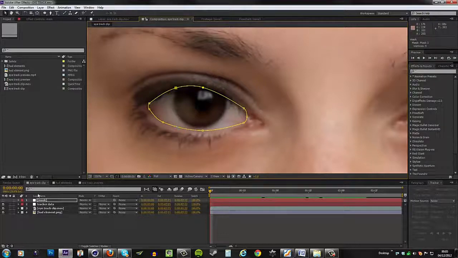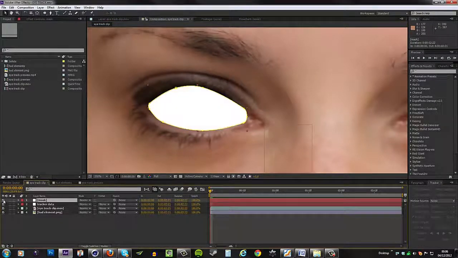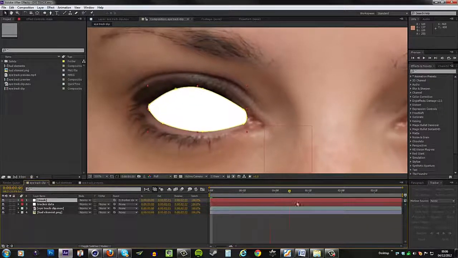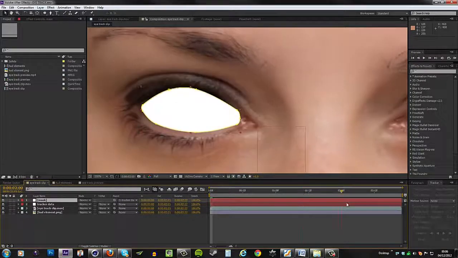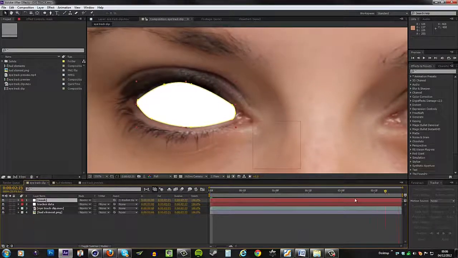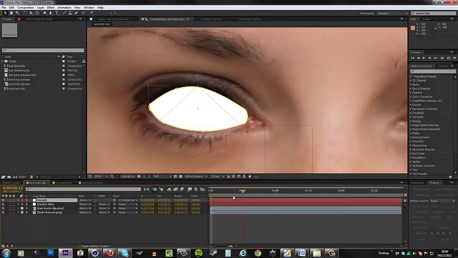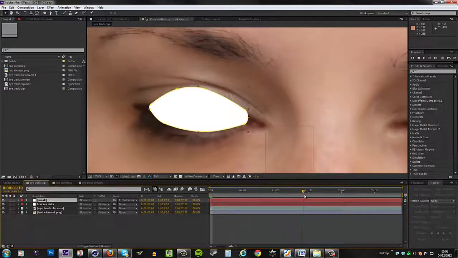We want to link this solid's position to the null. So if you just make the null a parent of this mask, just grab that whip tool, drag it to the tracker data and let go, and now you see that this is going to follow that tracker pretty well. The only thing we have to do now is to animate the mask to follow that